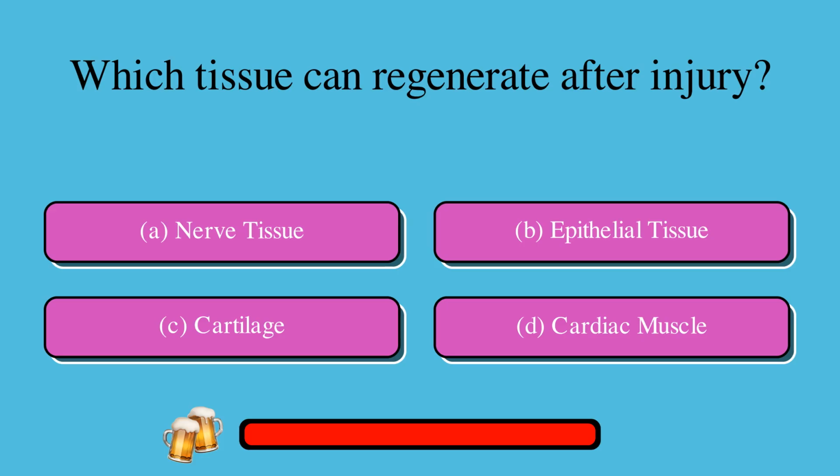Which tissue can regenerate after injury? A. Nerve tissue, or B. Epithelial tissue, or C. Cartilage, or D. Cardiac muscle? The correct answer is